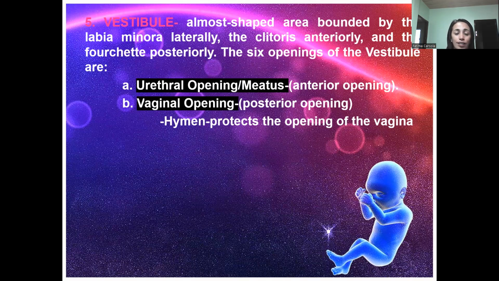Your E. coli or your Escherichia coli is a normal flora of your intestines, and as a normal flora of your intestines, okay, it could be causing infection to the other parts of the body pag napunta siya doon. Like for example, when you are wiping your poop towards your urethral meatus, that could cause you to have UTI. And during pregnancy, the space of the urethral meatus and the anal sphincter is small or malapit sila. So it could cause UTI.